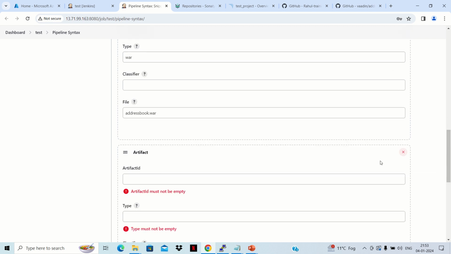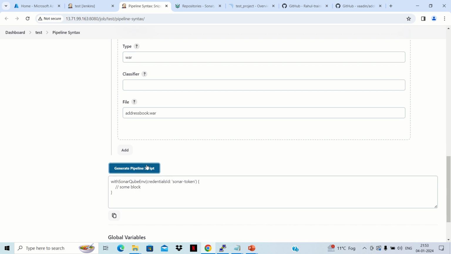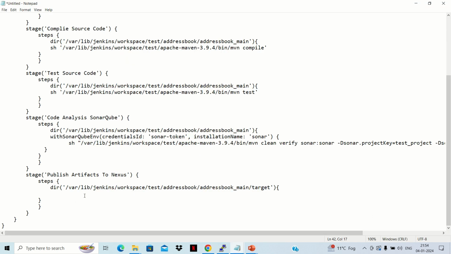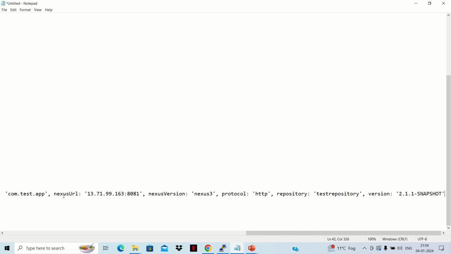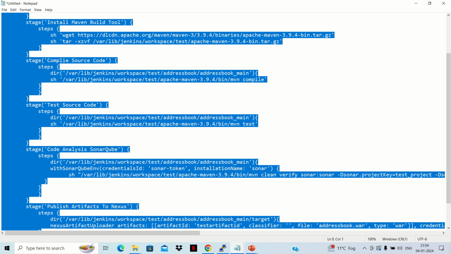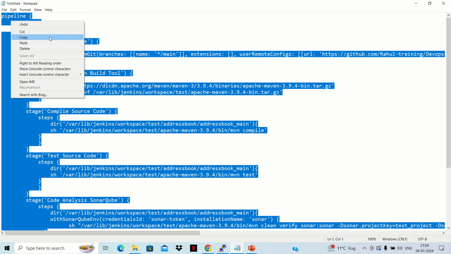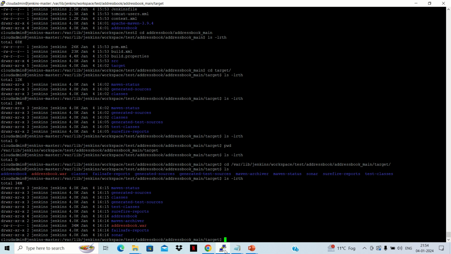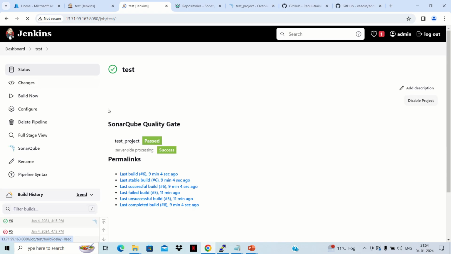That is done, and I think we don't have anything else. What is this? It is another artifact. We don't need this. We can just generate the syntax. So this is basically the syntax that we are going to use as a command in our pipeline. Just copy it and place it here. Okay, so now we'll copy this complete section of code